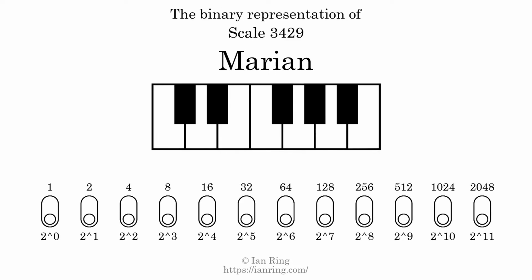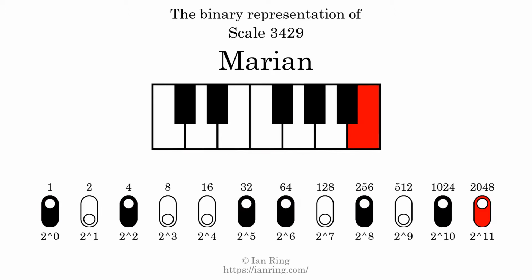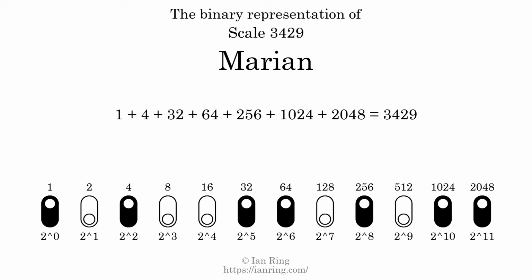The binary representation of this scale is determined by mapping tones of the scale to binary digits. Each binary digit represents a power of 2. To get the scale number, we add the powers of 2 together. The powers of 2 that are present in the scale, all added together, equals 3429. That is why the scale number, in decimal, is 3429. The scale number not only enumerates the scale with a unique index, but it also literally describes the tonal content of the scale. Represented as a binary number in base 2, the scale number is